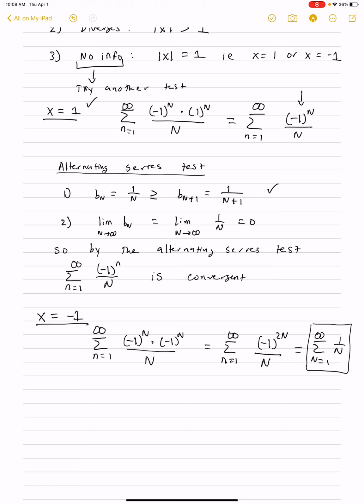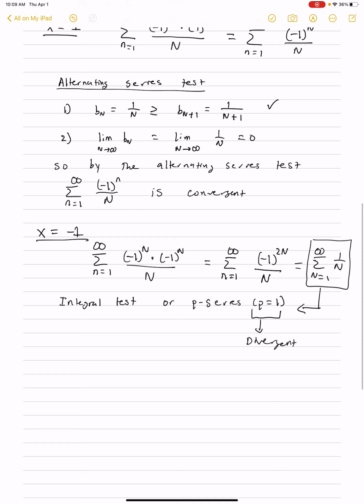This series right here, we need to test it for convergence or divergence. And there's two tests I could use. I could use the integral test, or I could recognize this as a p-series with p equals 1. Because it's a p-series with p equals 1, this tells me it's divergent. Or I could use the integral test. Either way, we know it's divergent. So it's divergent, and I'm going to put an x here. Okay. So in summary,